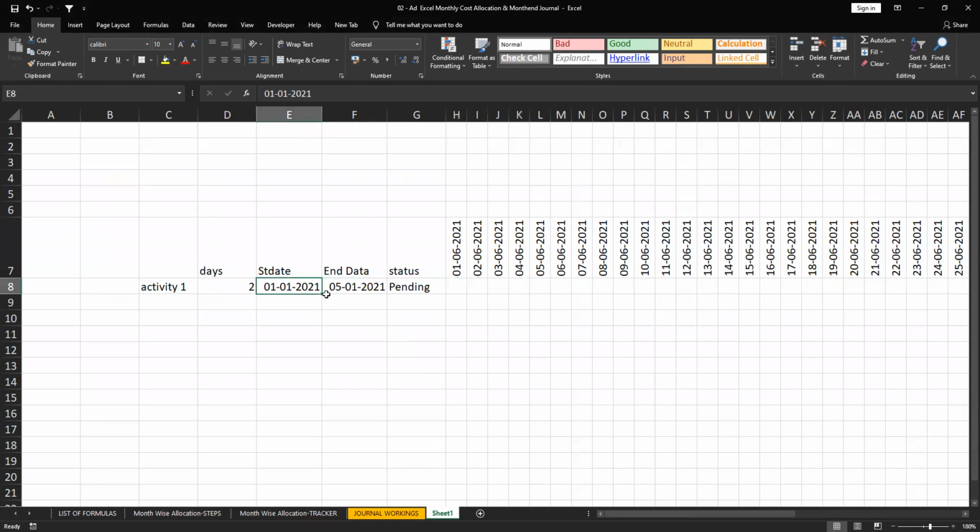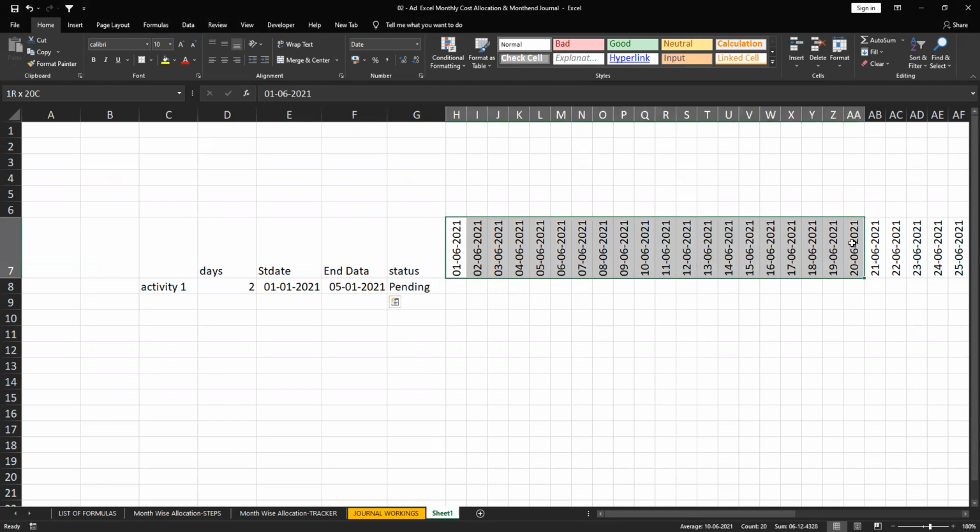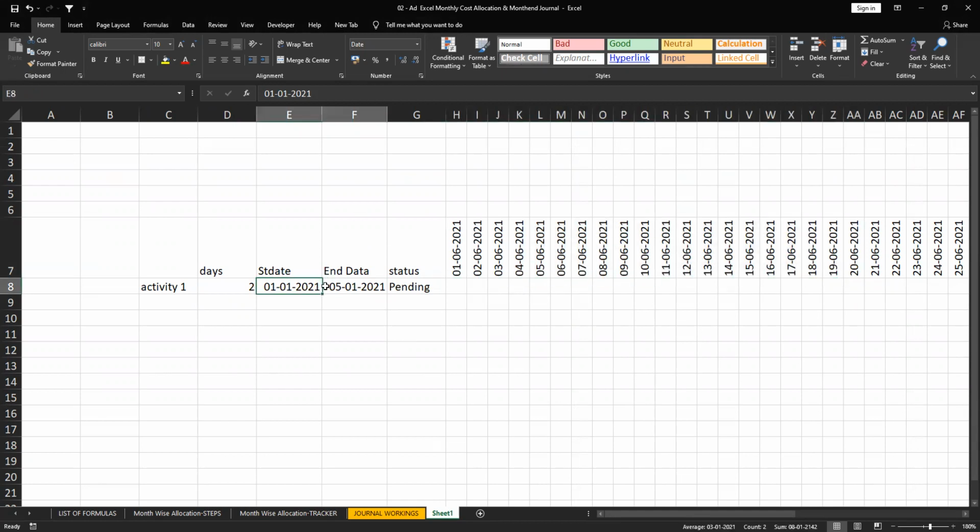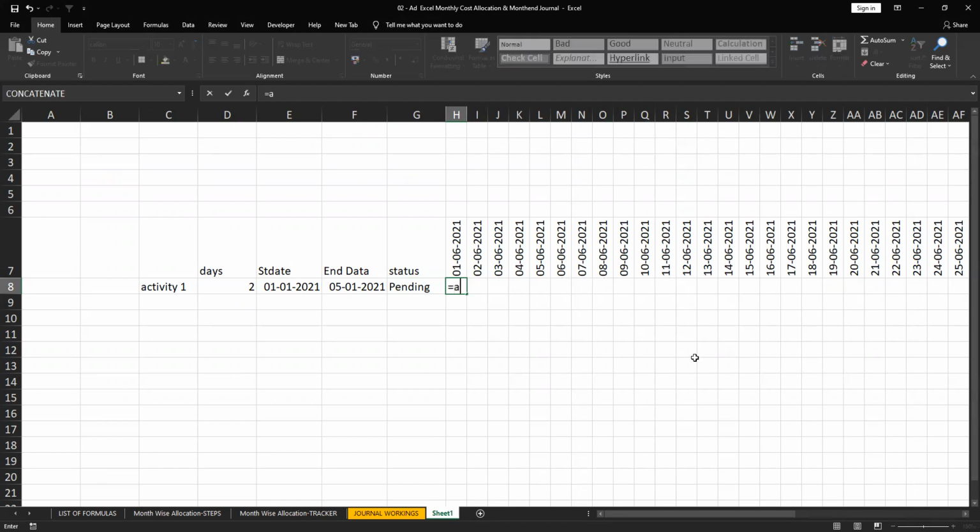See here, my start date and end date. These are the dates for the calendar now. I want to update between dates, yes or no, whatever comment you want, right? Suppose I want this comment to be spread across the dates, between dates here, otherwise I need to get blank. So how can we do it here?